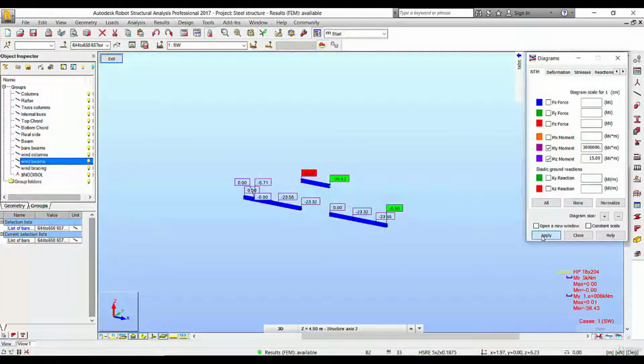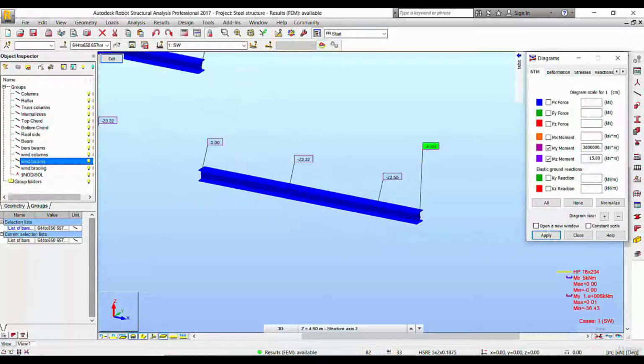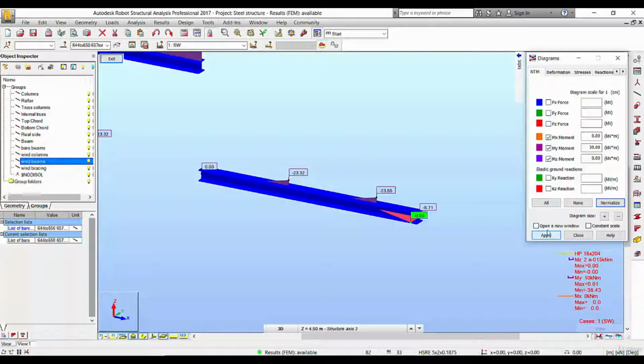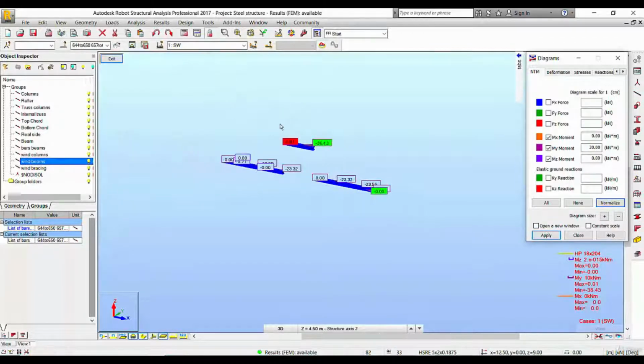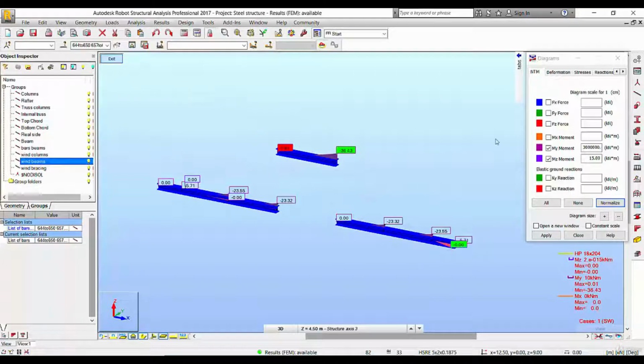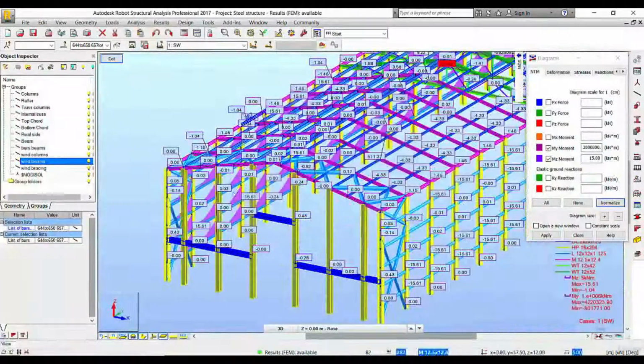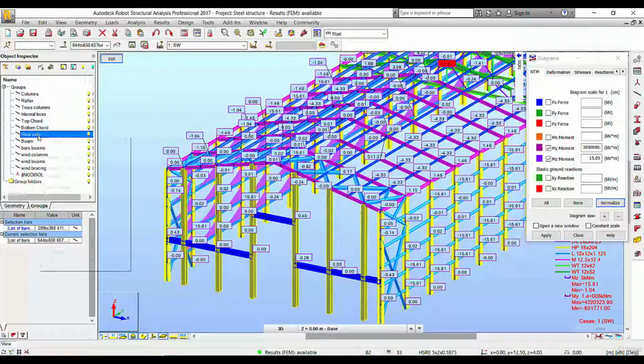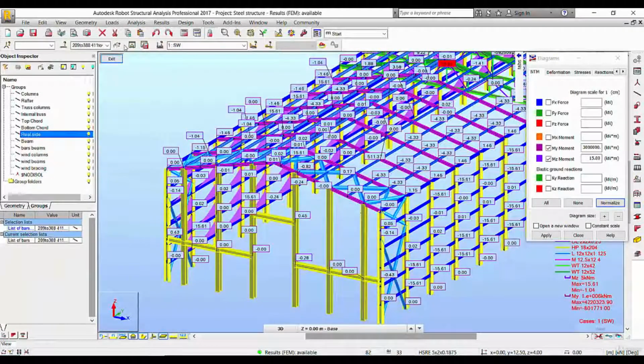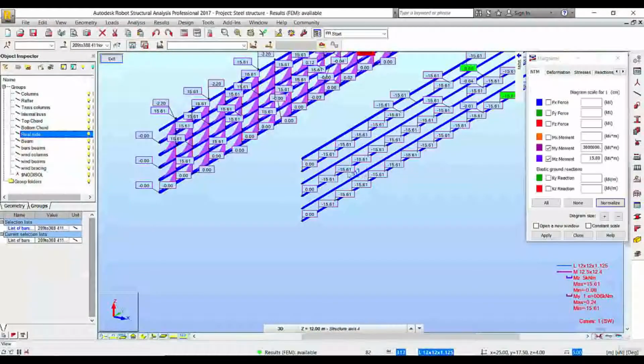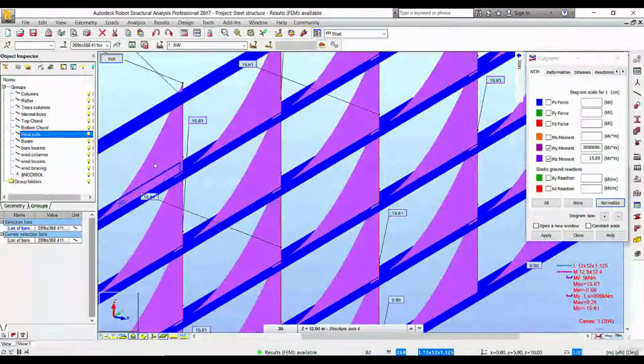We can also show, okay, so we can show all our work for the rails, for example. We can show here